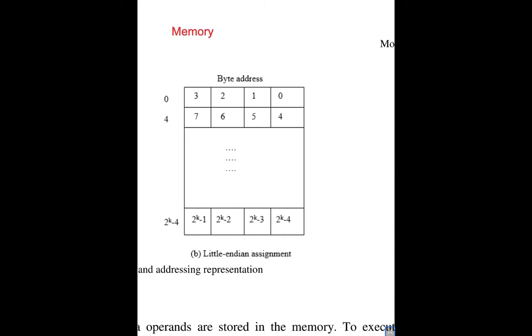Inside this memory, my first location is 0, 1, 2, 3. Like this it will be assigned. So 0 is nothing but 1 byte of data. The second, 1 byte of data. Third, again one byte of data. Again, I'll have 1 byte of data. So how many bytes of data are stored in the first one word? So one word is equal to how much? 4 bytes. I hope everybody understood what one word is now. 1 byte, 1 byte, 1 byte, 1 byte, that is equal to 4 bytes. Very good answer.